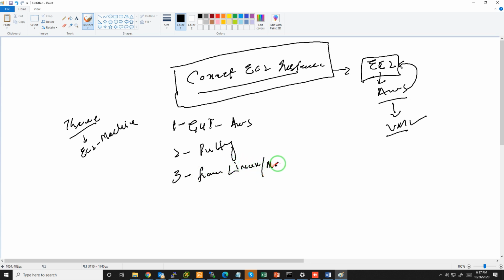You can use a Mac or any Windows machine to access it. First of all, we have to launch the EC2 instance, and then we will go for how to connect.